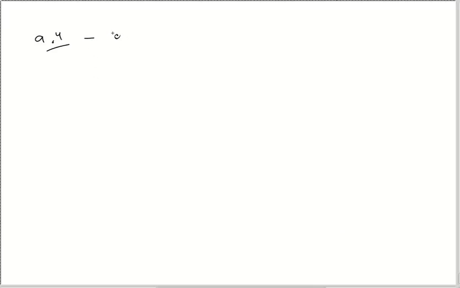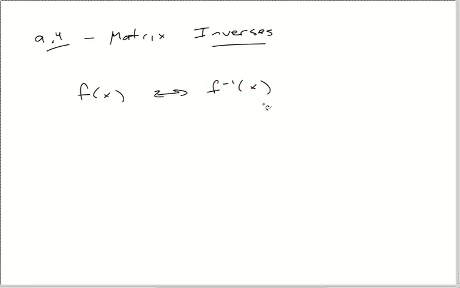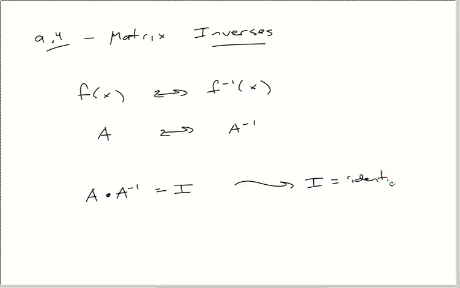We are now going to talk about matrix inverses, or inverse matrices. Whenever I say inverses, I'm thinking back to my f of x and f inverse of x. Well, now we're going to have A and A inverse, just a little negative one up there. Some properties: A times A inverse is equal to I, and I stands for identity, which in our case is